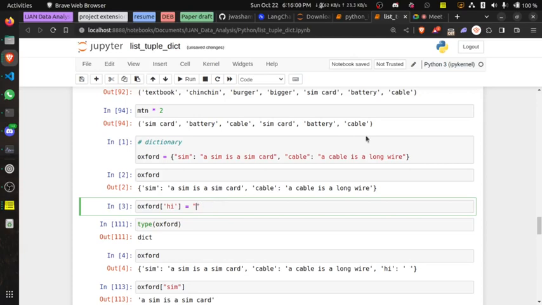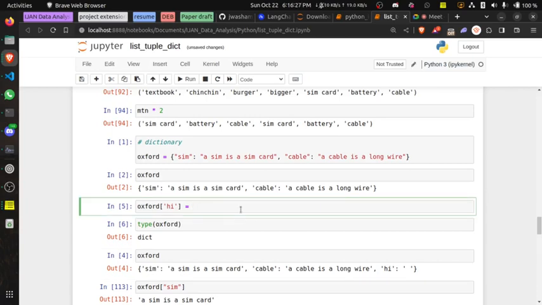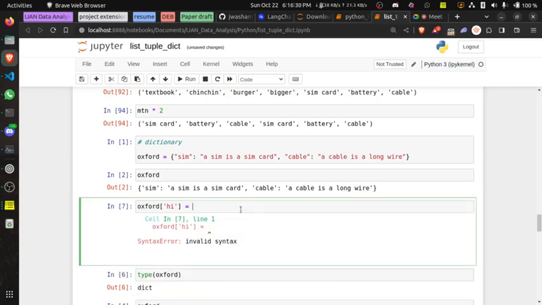Let me put a space, an empty value, and see what will happen. You can still see it as a space. So what I'm doing is I just assign an empty space enclosed in a quote. The fact that it's enclosed in a quote is what makes it work. If I didn't put anything here, normally I'll get an error, because there has to be something here. If I just put space, it's not going to see it. So let me delete that.